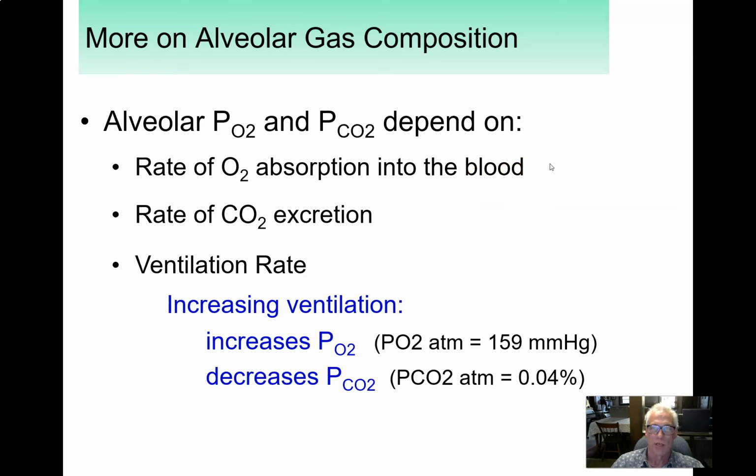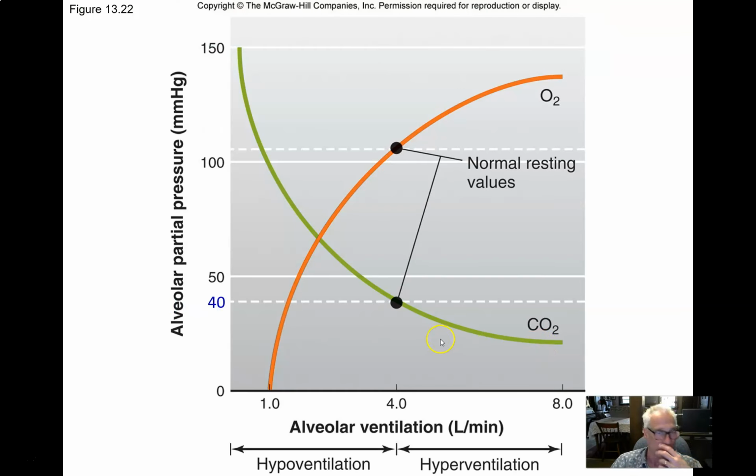The alveolar concentrations don't necessarily remain the same all the time. Those values that we gave, 104, 105 millimeters of mercury partial pressure of oxygen, 40 millimeters of mercury CO2, are average resting values. It depends on the O2 absorption into the blood, and it depends on the rate of CO2 excretion into the alveolus, but it also depends on the ventilation rate. If we increase the ventilation rate, the alveolar composition starts to look more and more like the outside air. Right? The atmospheric air has 159 millimeters of mercury, so if we start to increase ventilation, let's look what happens